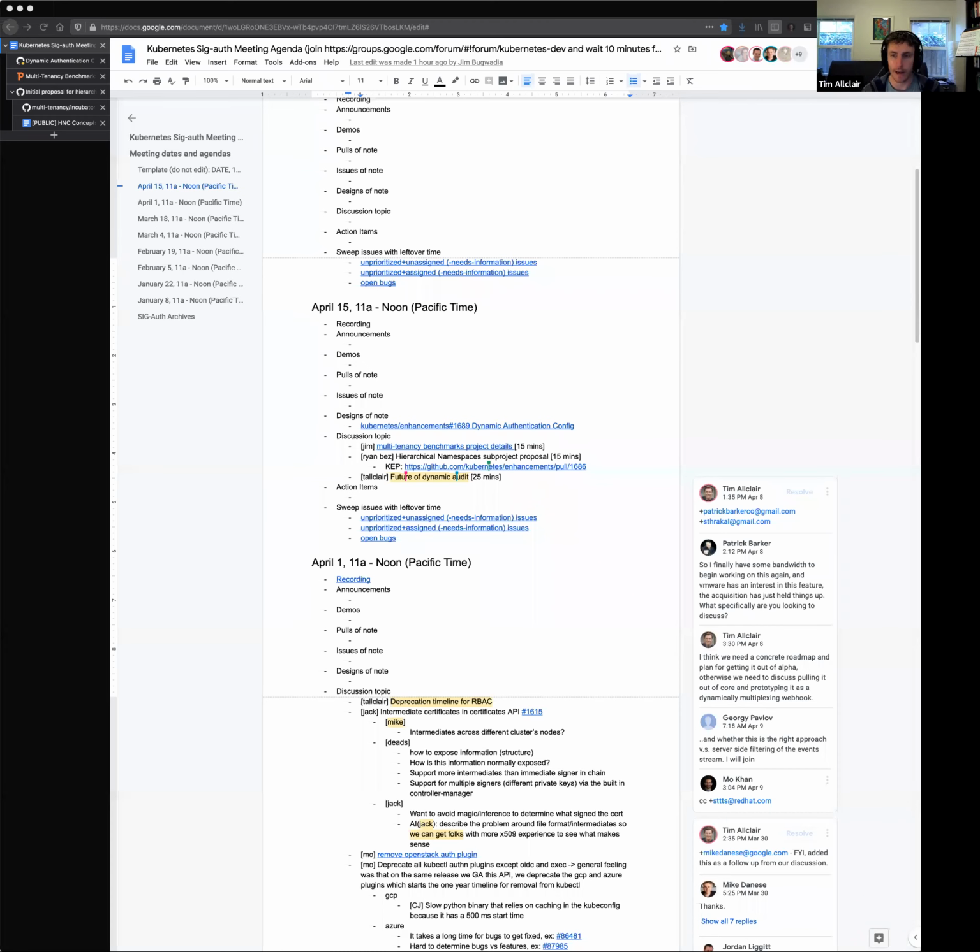I'm not sure I exactly understood what you're saying. So right now we have the ability to configure a static webhook for sync for audit, and so you would have to